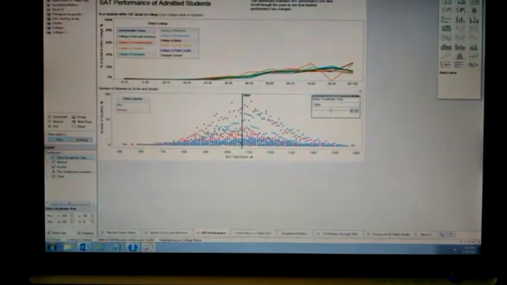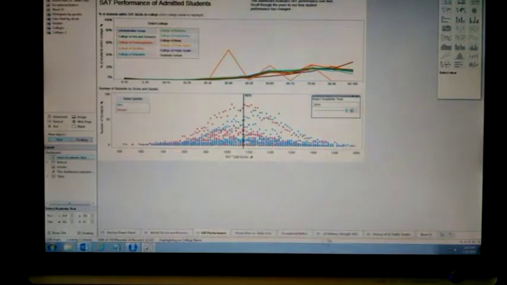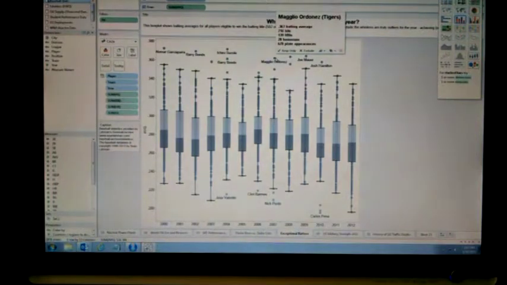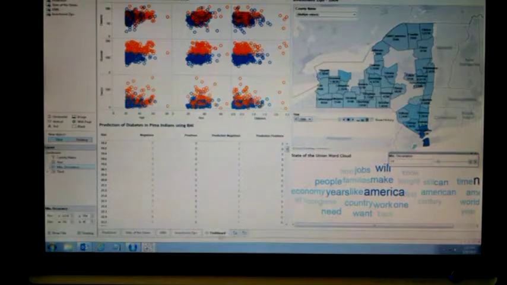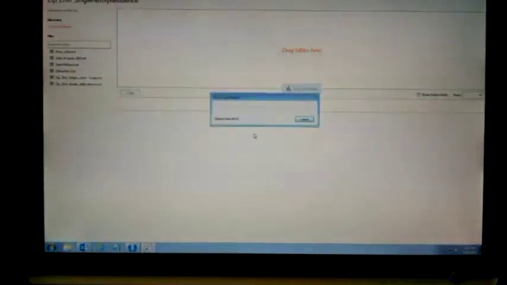SAT performance is something we also covered this year. Again, you can do a lot of different things. It's definitely quick to get up and running to do these types of visualizations. Another big thing is blending. So if we were to go back to the sheet that I'm going to use, we can add data. We will add the original Zillow data. And while that's spinning,